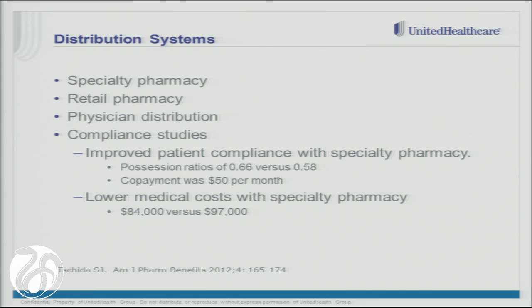In fact, the classic example is Tarceva, a Genentech product, originally came out through retail pharmaceuticals. And the company has now pulled that back and instead used what everybody else is using, and that is a specialty pharmacy distribution program. So specialty pharmacies are typically about somewhere between 6 and a dozen across the country,